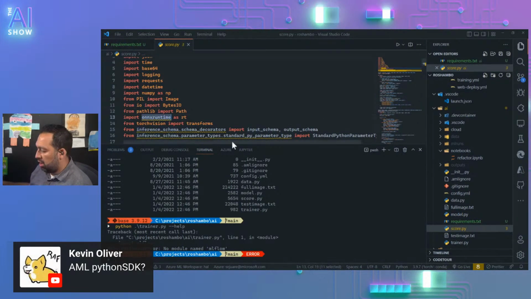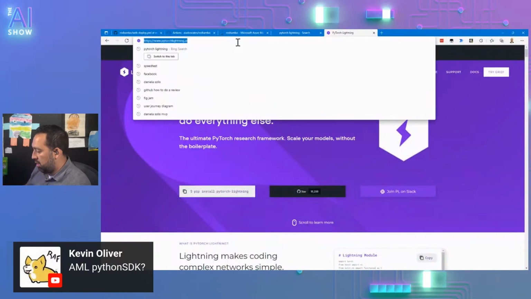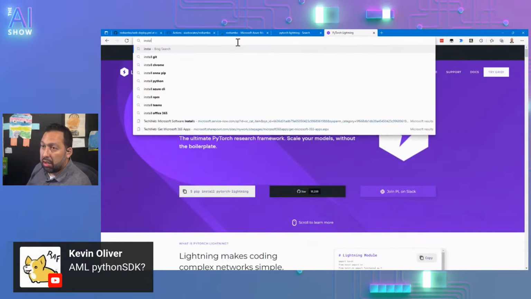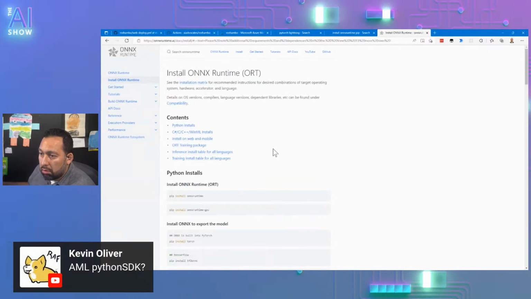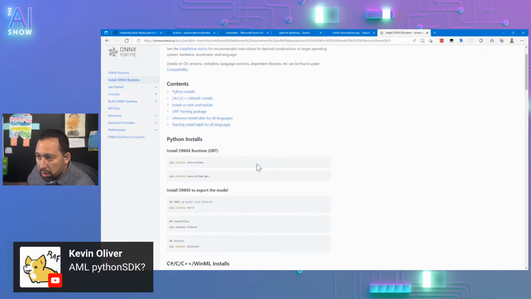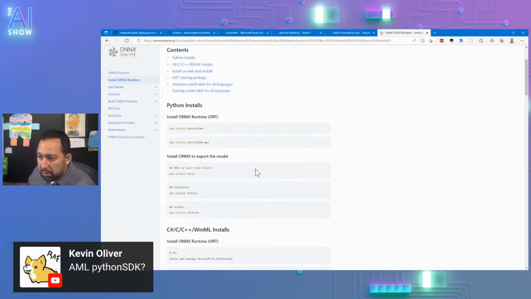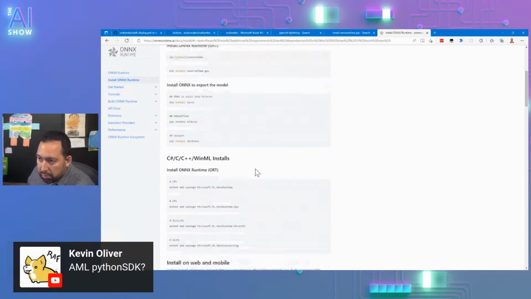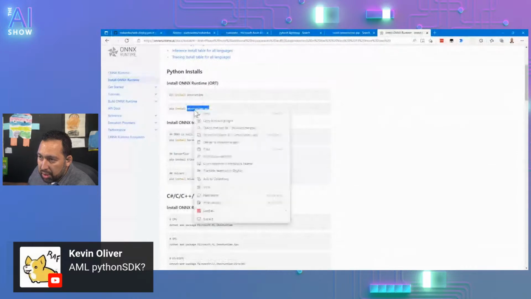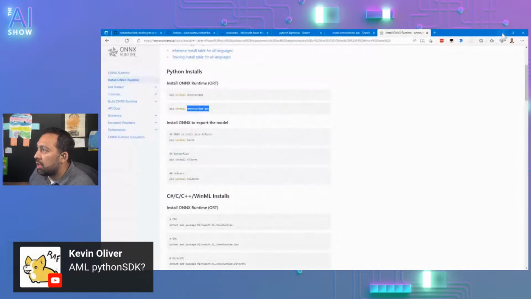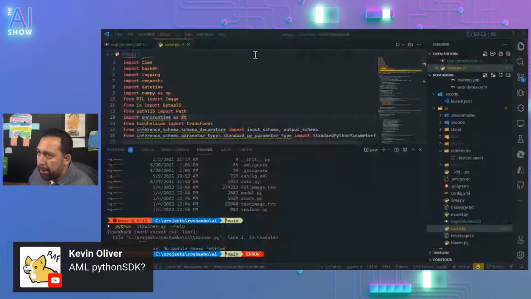So let's see. How do we install ONNX runtime? Install ONNX. Oh, look at that. Does it work on Windows? No, we're going to use the GPU, because, yep.